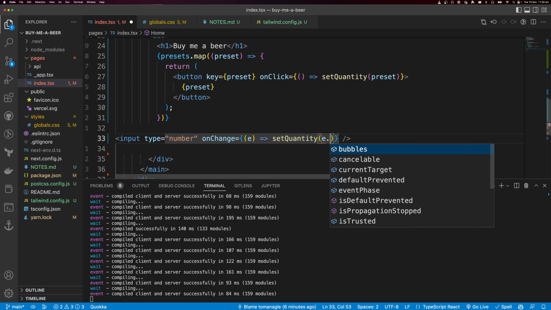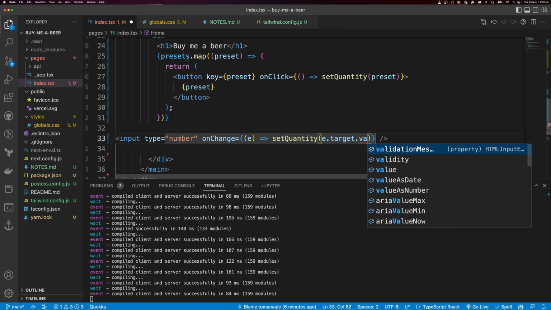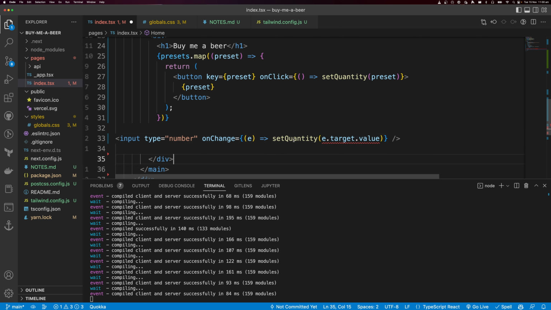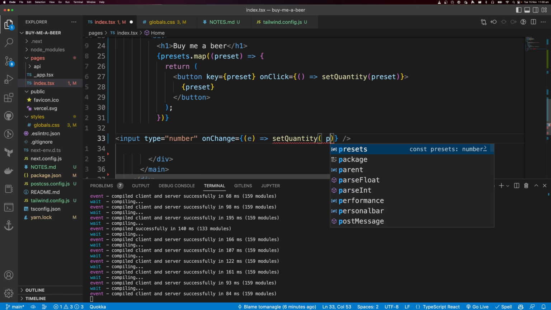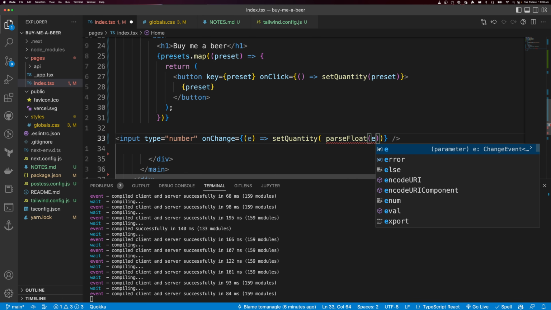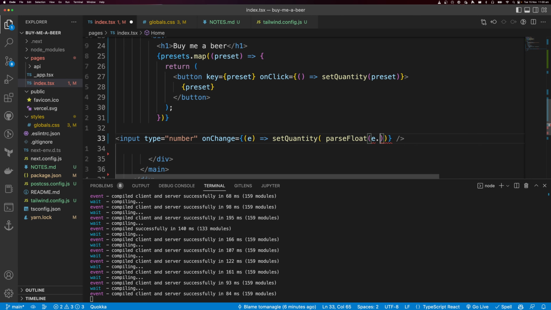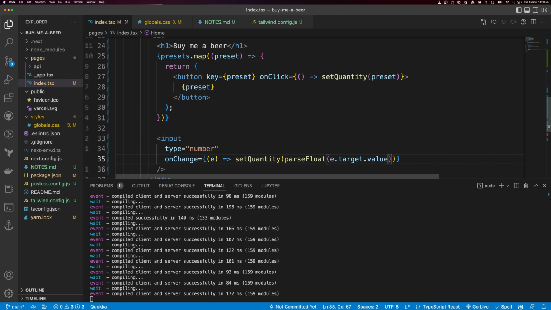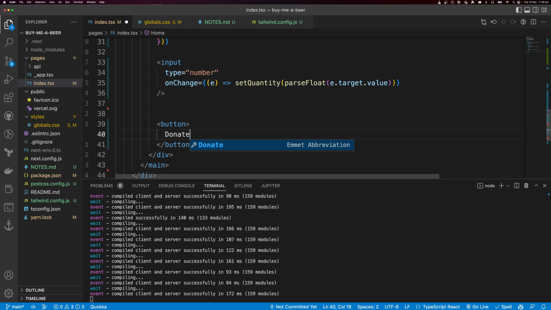This is going to be event.target.value. And quantity is a number, so I'm going to cast this to a float. So parseFloat e.target.value. And then down below here, I want to have a button, and my button is just going to say donate